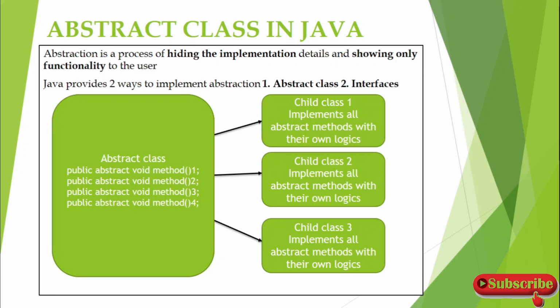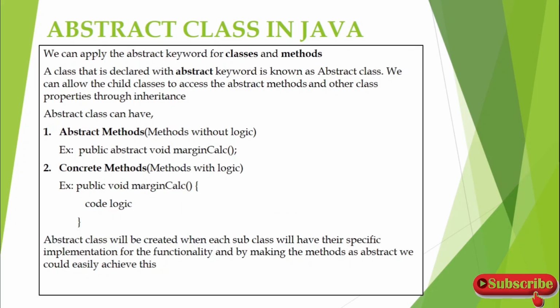Each child class will extend this abstract class, and they will be implementing all these methods and writing their own logic inside them. These implementations done in each child class will not be visible to the other child classes, since they are not specified in the abstract class, and only the method prototype is given here. So this is called an abstract class. But an abstract class also contains concrete methods, which we will see later.